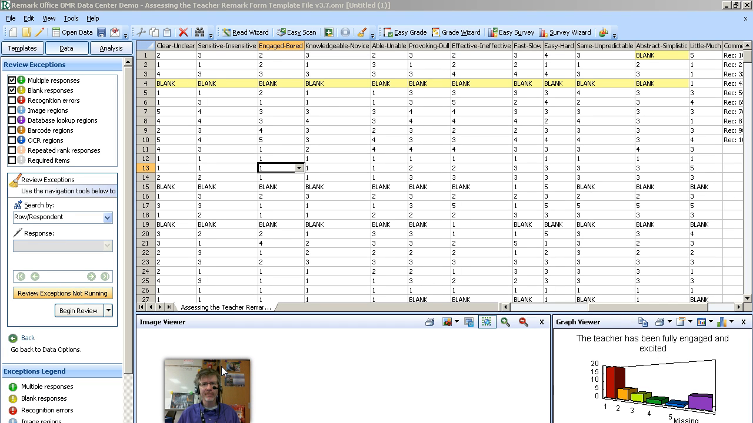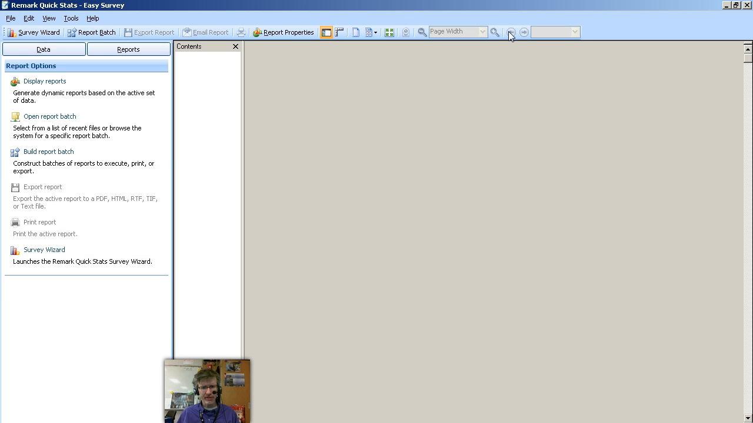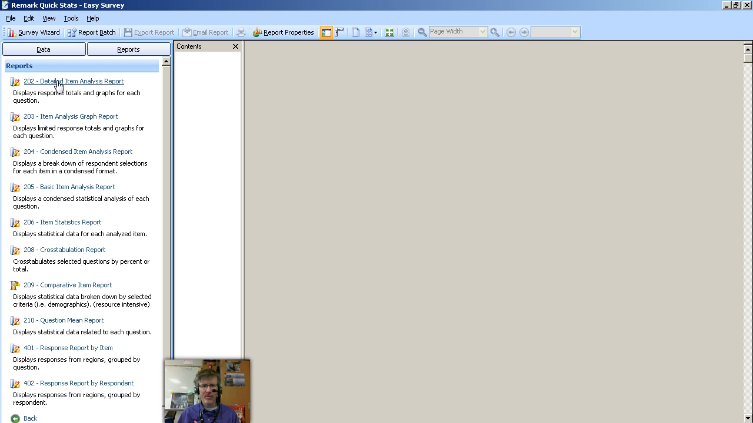Okay, once you've finished reviewing exceptions, you're pretty sure your data has been scrubbed. You can start interpreting or looking at your data in more detail. So if we go to this button up here, Easy Survey, it'll launch another window which is to help you both build reports and determine how you want to present that data. So we use some of the stock reports, and what I'm going to do is just walk through some